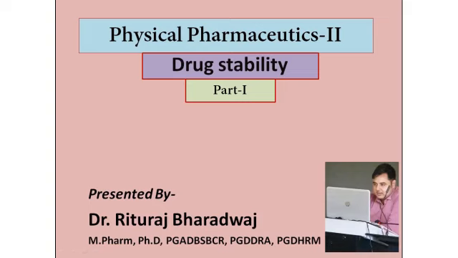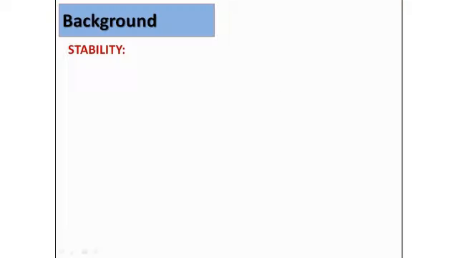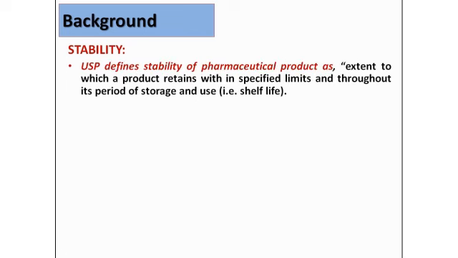In this chapter we are going to deal with the different attributes which affect drug stability. Moreover, how we can control the stability of the drug. So first of all, let's have some basic definitions of stability. Stability, as per the United States Pharmacopoeia, the USP, is defined for a pharmaceutical product as the extent to which a product retains, within specified limits and throughout its period of storage and use,